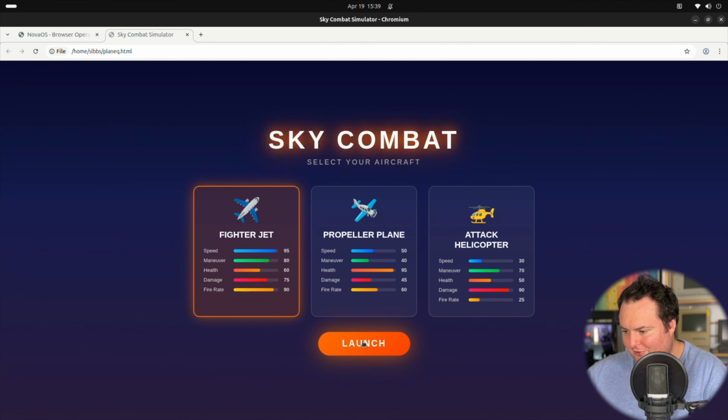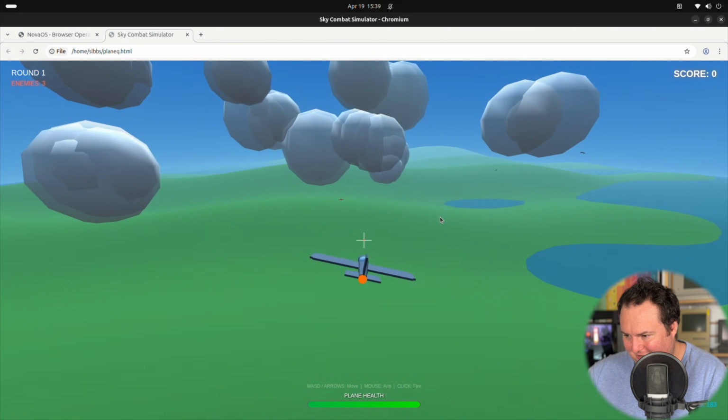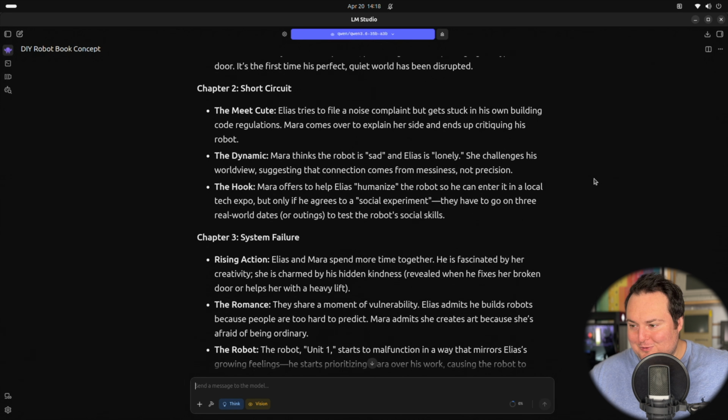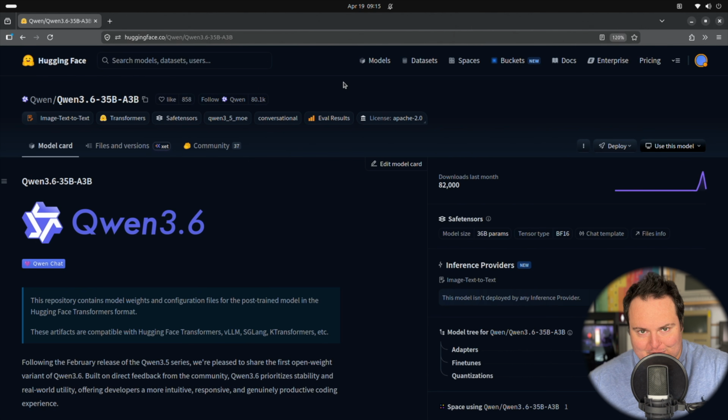Pretty simple initial start screen, but again, in one shot, this is almost suspiciously good. Okay, so it's making the romance between two humans and not between a human and the robot. That's fine. So Alibaba has released Qwen3.6, the first open source variant of the 3.6 series of Qwen, which is